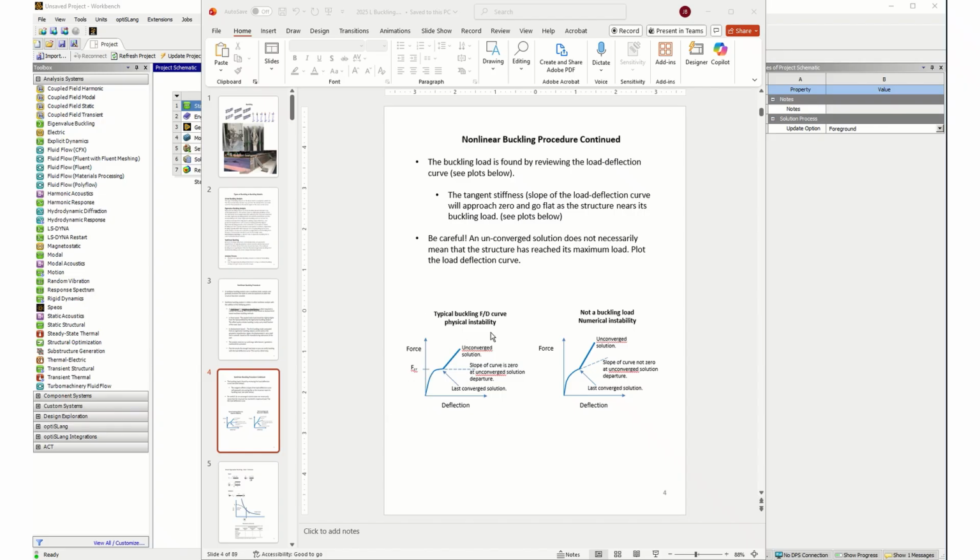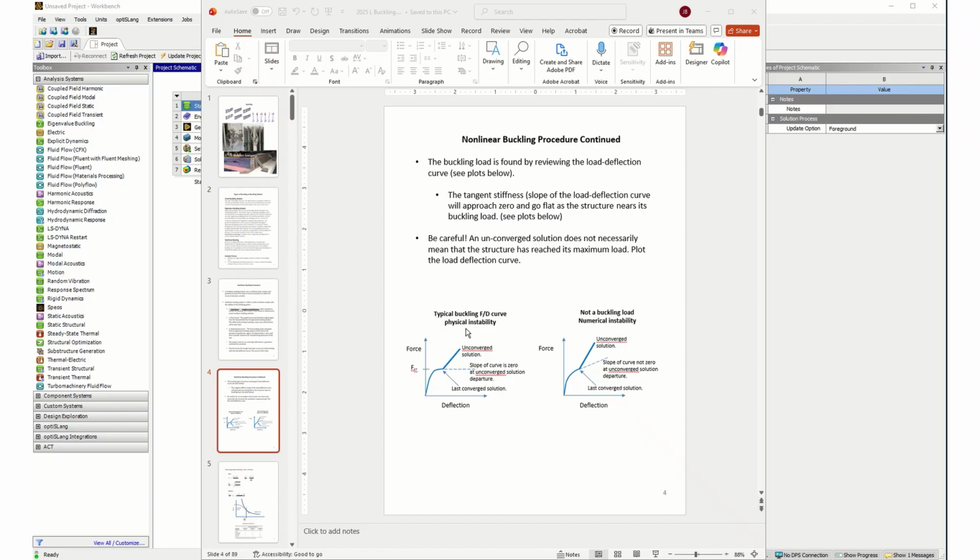This plot is really clear and nice. It's not always this clear when we do a typical buckling analysis. For some cases that induce a non-converged solution, we have a force deflection plot and we see we load linearly and then go nonlinear, everything looking just fine. But then the slope of this force deflection curve does not go to zero, and we still break off with an unconverged solution. This can be more of a numerical instability